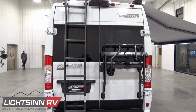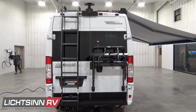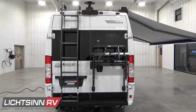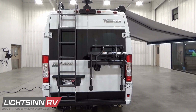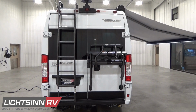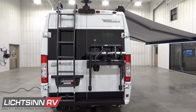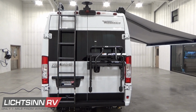Be sure to check with your factory trained consultant here at Lichtsinn RV to see our vast inventory to determine which options fit your particular use. A nice sneak preview there off to the right of the 13-foot Colorado Carefree armless awning with LED lighting and motion sensor retract mode. As we work our way to the rear here of the Travato, you'll see the high